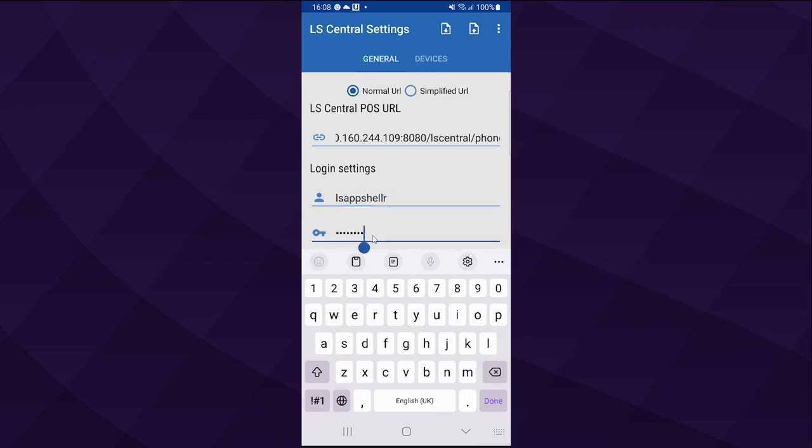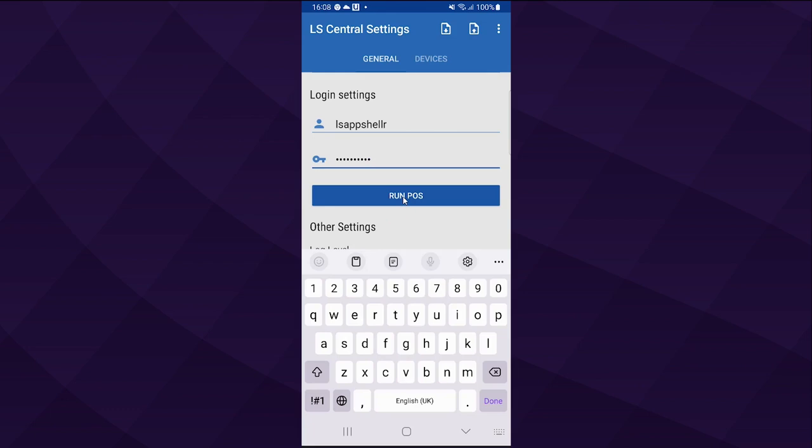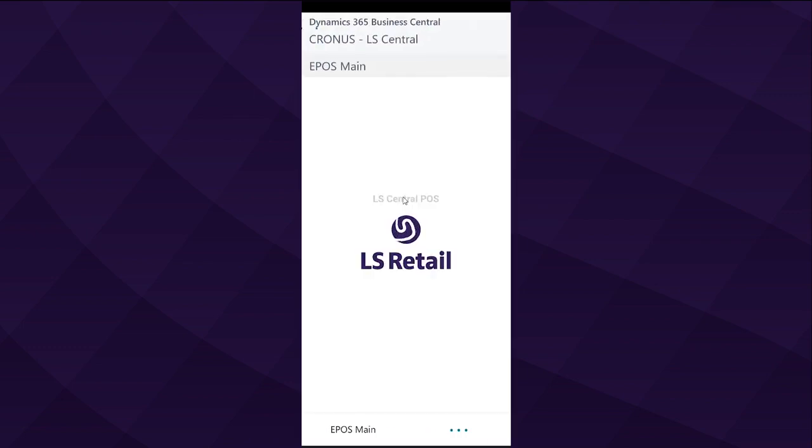We need to change the password as well. So what is the password? All the users of the VM, for your convenience, have the same password. So it's the famous yes, I, no. Make sure you key it in correctly. And now you're done. Let's start the POS. And if you haven't made any mistakes and the phone and the VM are connected together, you're ready. See, it's on the way.